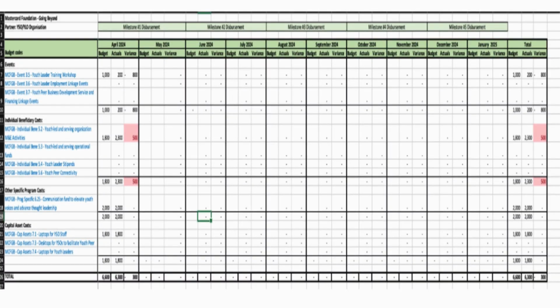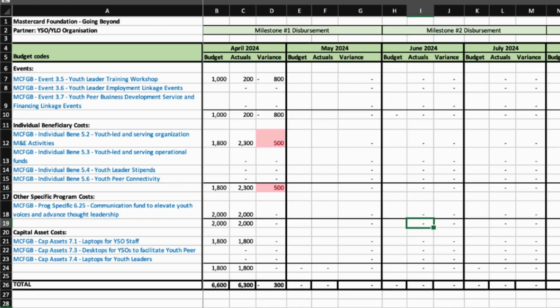This financial template was designed to monitor and evaluate financial performance by comparing 3 key elements: budget, actual spending, and variance. The budget column reflects the planned expenses, while actual spending shows how much is truly spent. The variance is the difference between the two, highlighting areas of over or under spending. The primary objective of this template is to identify discrepancies, control costs, and support informed decision-making. This tool ensures financial resources are managed effectively and aligned with organizational goals.